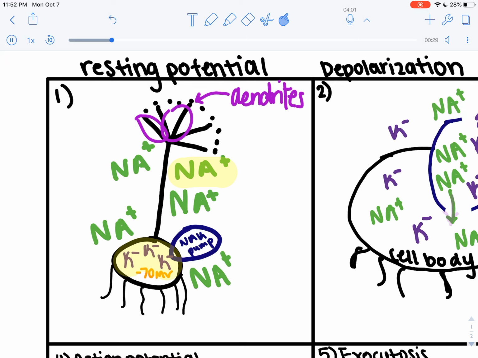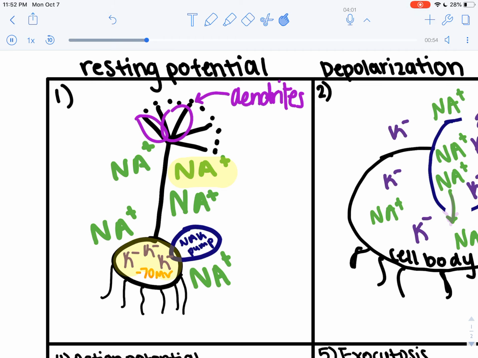the cell body. Resting potential occurs at negative 70 millivolts, and the sodium-potassium pump creates a resting potential and basically acts like a gate, which we'll eventually see later on in later steps. And then the dendrites, right here, they act as sites that receive signals from other neurons, and they're basically getting